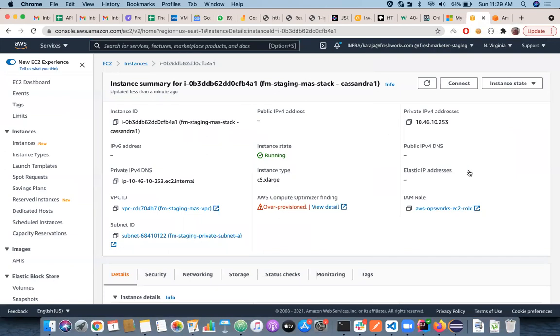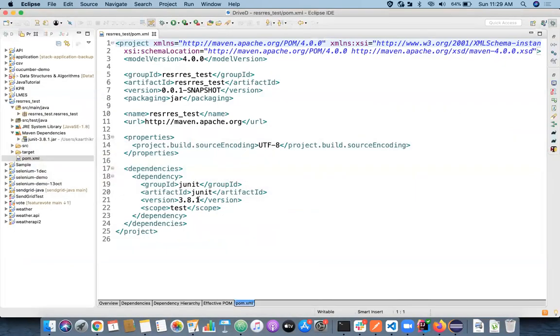Okay, anyway. So this dependency section is where you give the library dependencies actually. Right. So if you want to add some library, or you want to make use of some Java libraries, you go to Maven Central on the internet, find the right packages, and add them into your dependency section. If you go to this pom.xml,